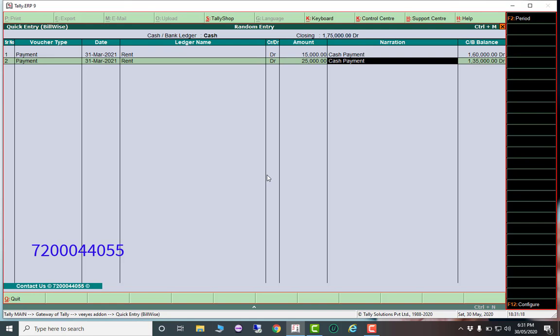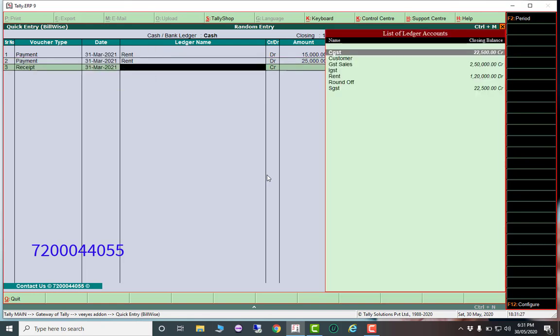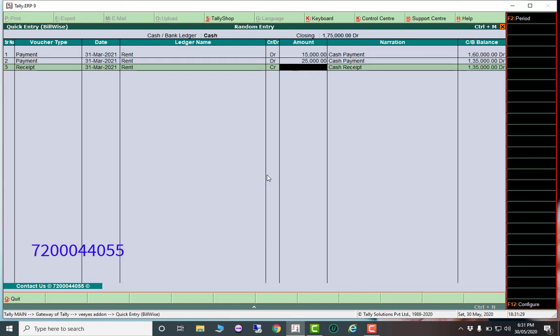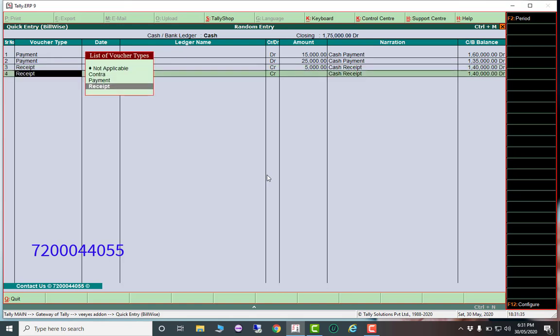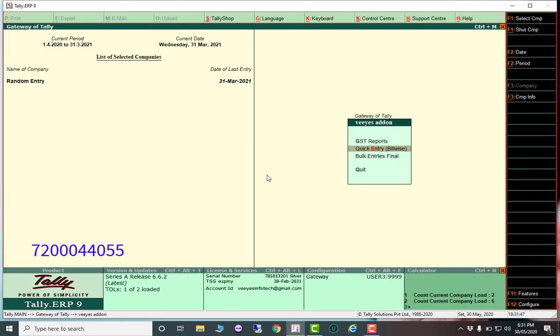How this add-on works, that you can only watch. So now I make a receipt. Rent also I am receiving, 5,000. So easily, similar to Excel format, in one sheet you can make the multi entries. So this is a fantastic add-on. Please use it. That's it.